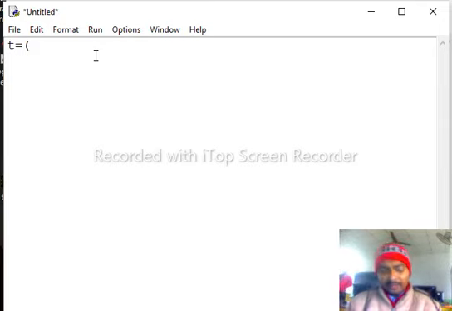Suppose 10, 20, 30, 40, and also try to insert data in the form of a string. Then type one data, hello, as a string.